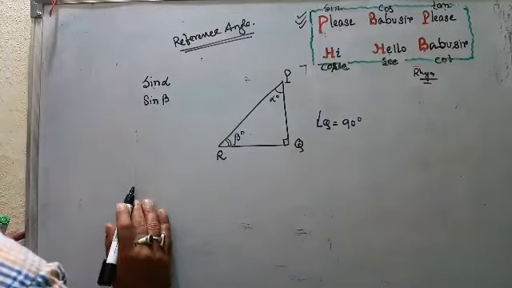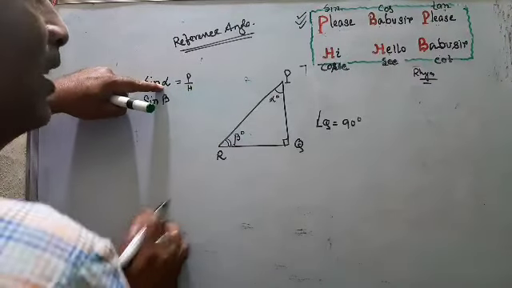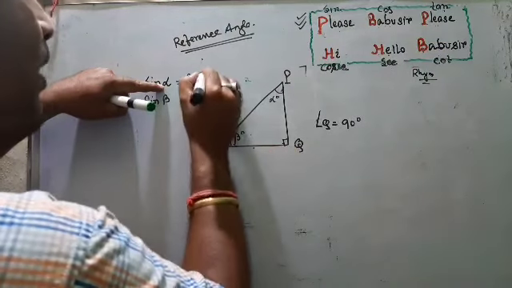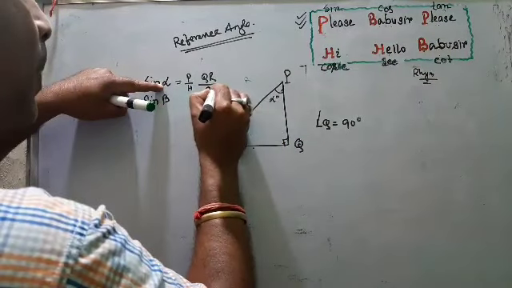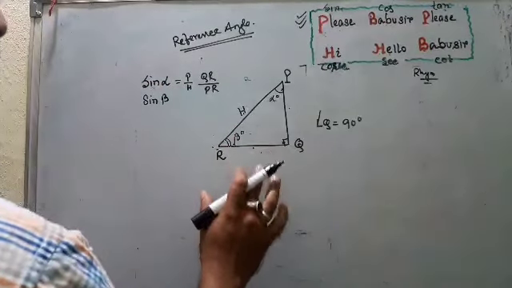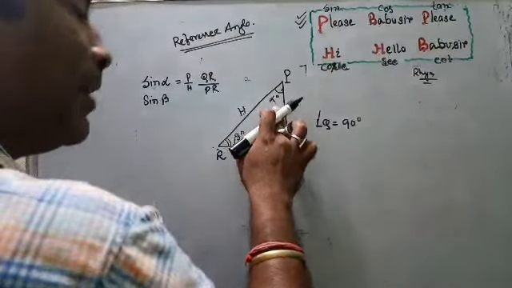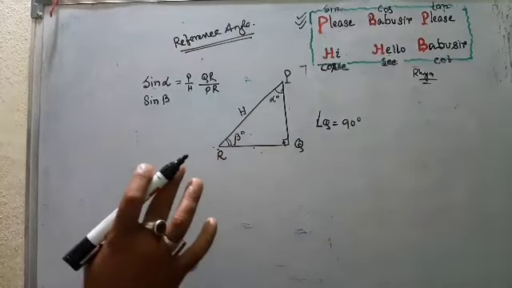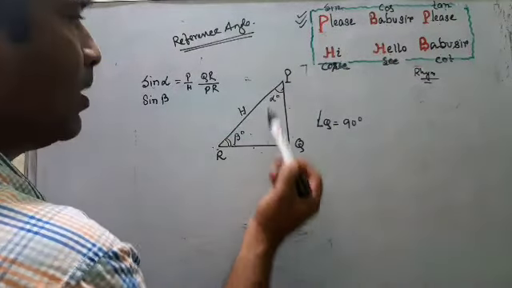So sine alpha. Sine means P by H. Alpha is my reference angle. So from here I check. That is my opposite side. This is my perpendicular. So QR is my perpendicular. And hypotenuse is always clear. PR. So you can write this one is hypotenuse. But you cannot write perpendicular and base because for the reference angle, it may change. But by any reference angle, hypotenuse cannot change. So hypotenuse is confirmed that PR is the hypotenuse. Now, it depends upon what? The perpendicular and base depend upon the reference angle.